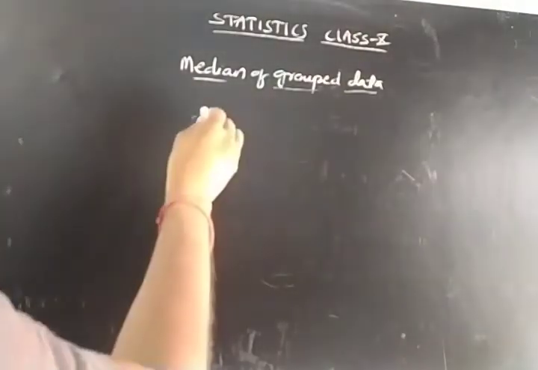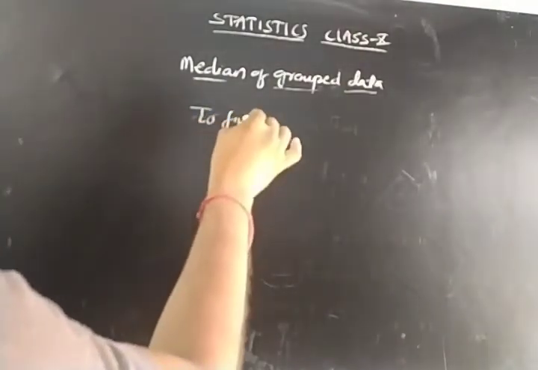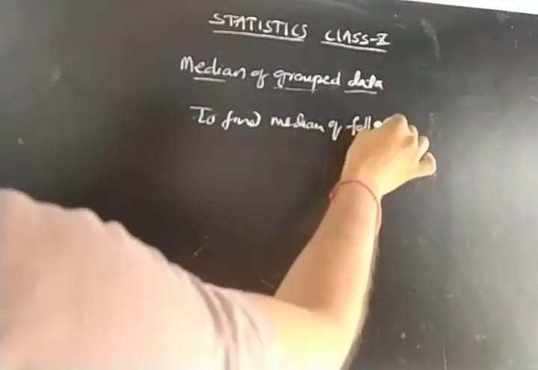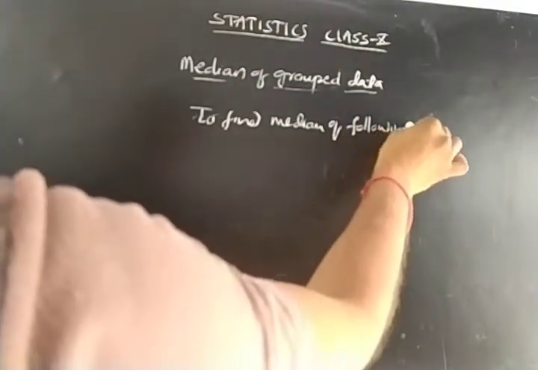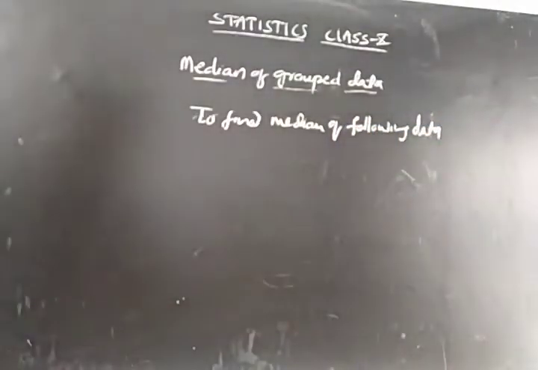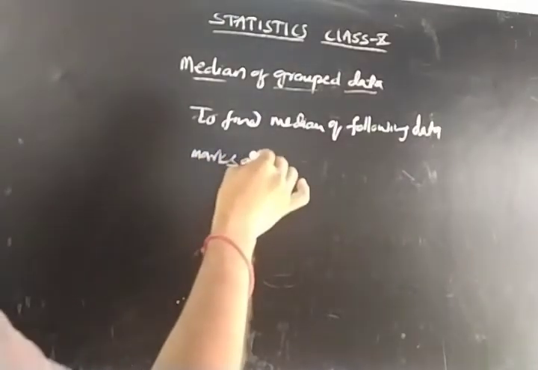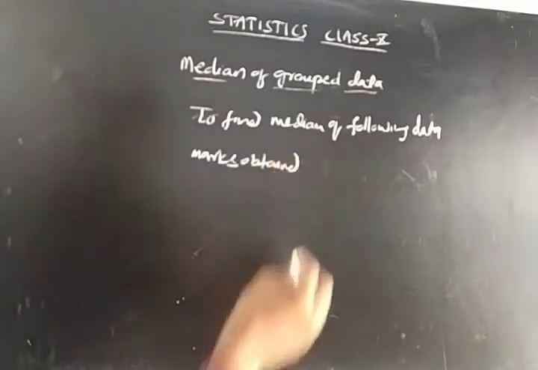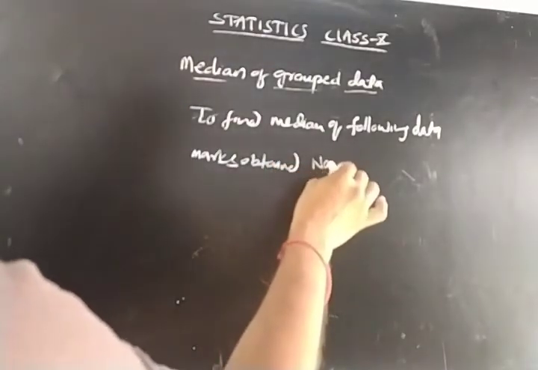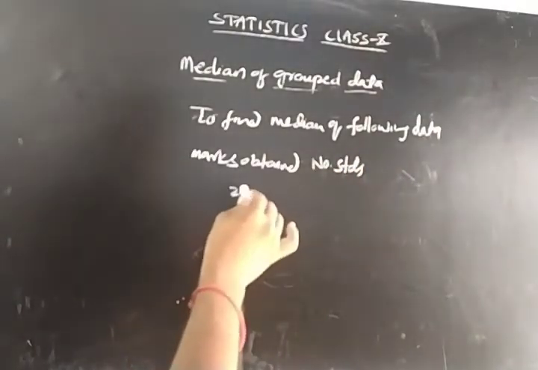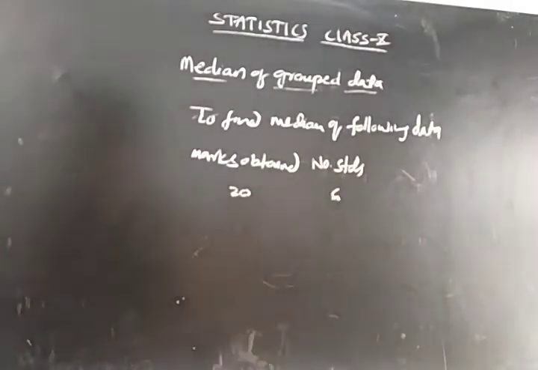To find the median of the following data, it is given that the marks obtained and the number of students. So 20 marks obtained by 6 students,